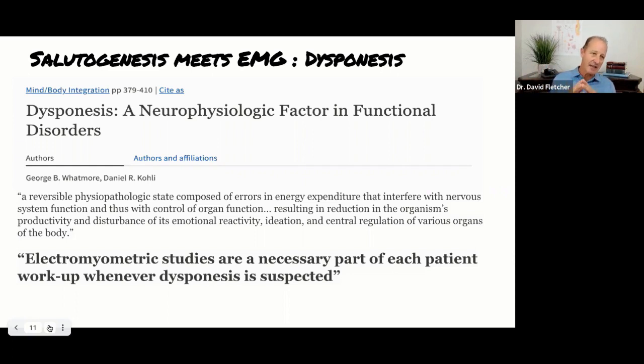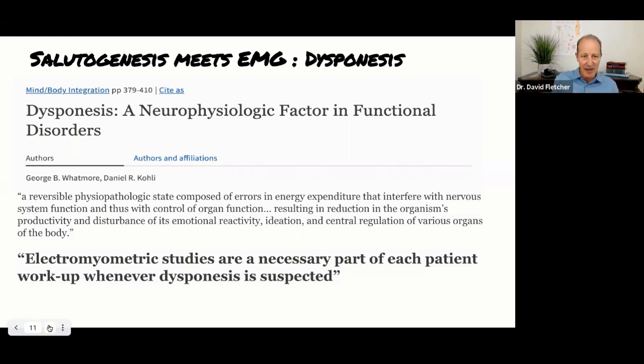They were mostly interested in the state of distress a person was in when they were emotionally and socially not adapting to their environment or situation. And so they immediately looked at how they could use electromyographic signaling. These two were pioneers. This was originally published in 1968 and has been cited in thousands and thousands of articles over the years because it was so revolutionary in the understanding that we didn't have to confine ourselves to the segmental watchfulness, if you will, of does it hurt here, or is there this fixation versus subluxation.